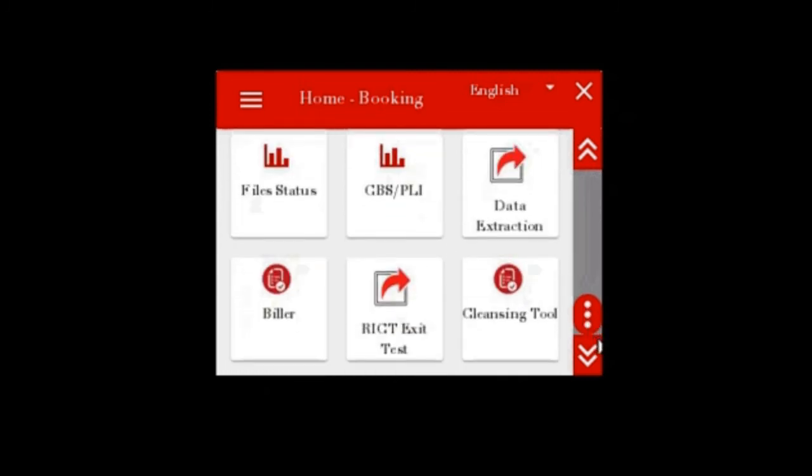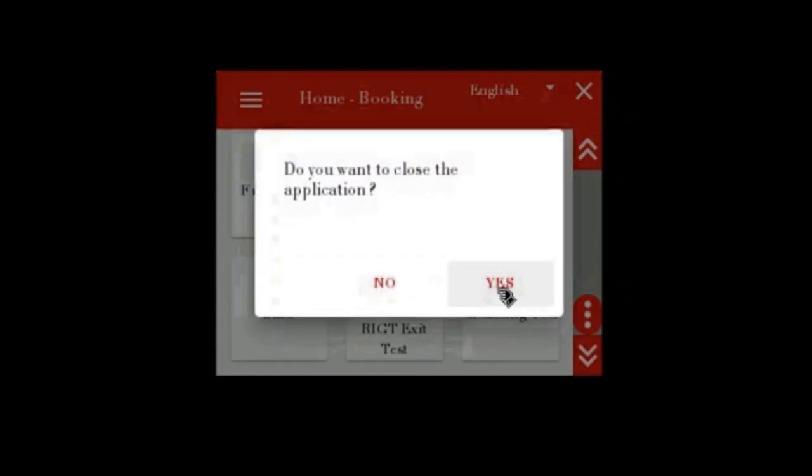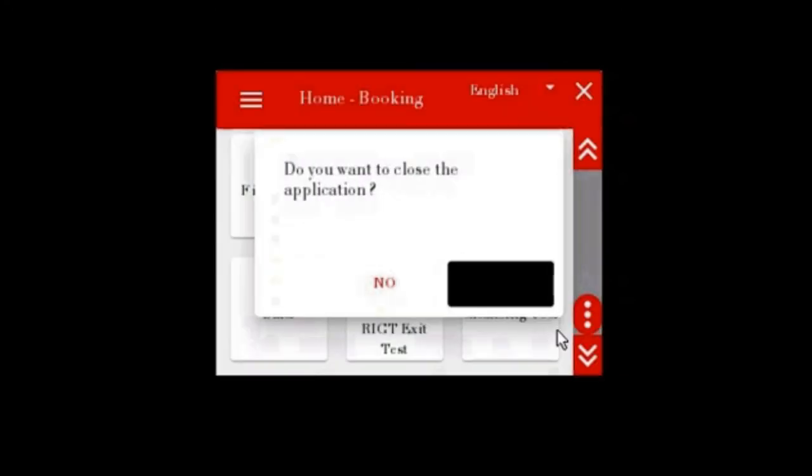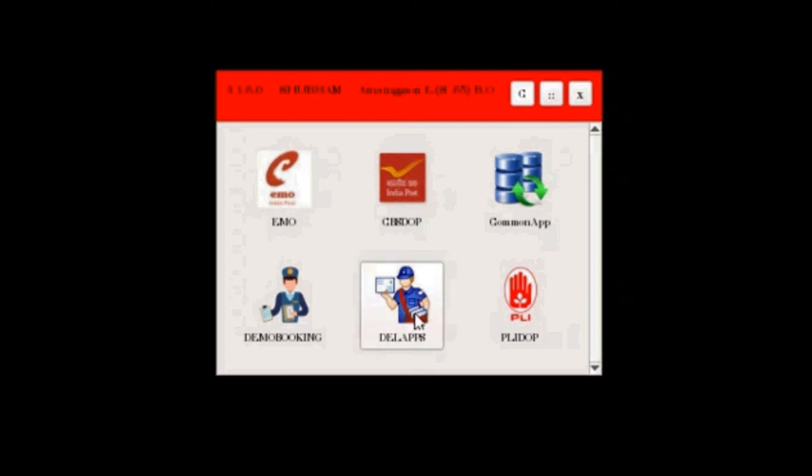Last work for the day is to close the bag and take out the bag manifest and mail list. We'll close our bag. We'll exit from the app. Now we'll go to Dell app.